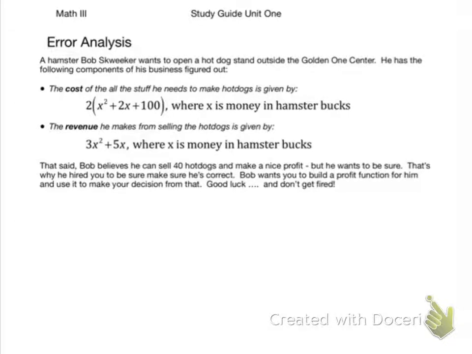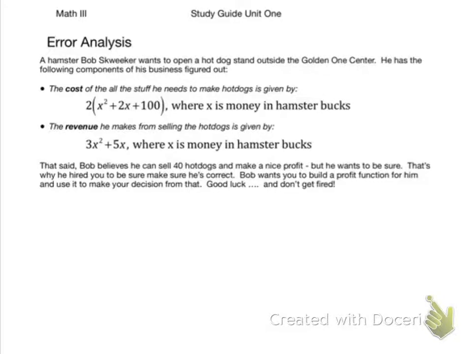So we have a hamster here, his name is Bob Squeaker, who wants to open a hot dog stand outside the Golden One Center. He has the following components of his business figured out. The cost of all the stuff he needs to make hot dogs is given by 2 times x squared plus 2x plus 100, where x is money in hamster bucks. The revenue he makes from selling the hot dogs is given by 3x squared plus 5x, where x is money